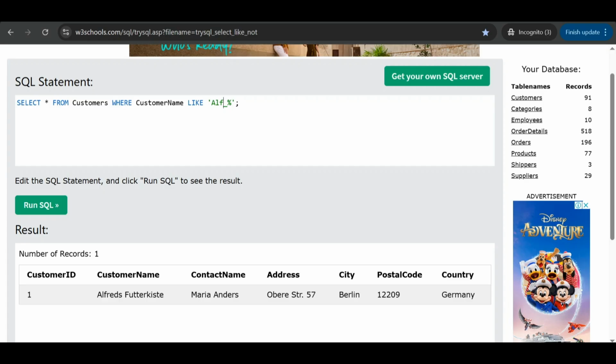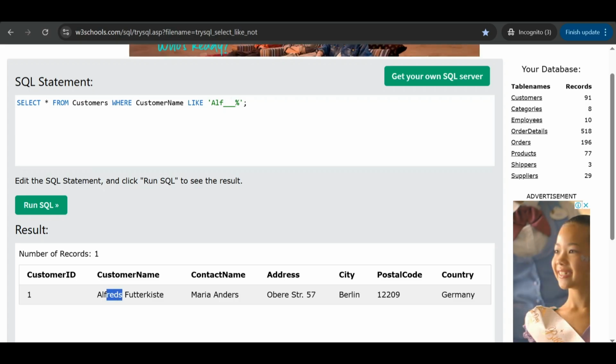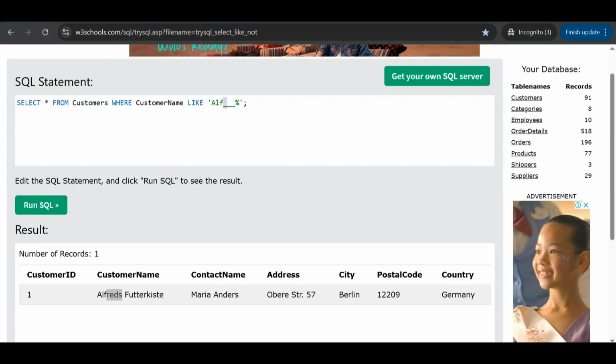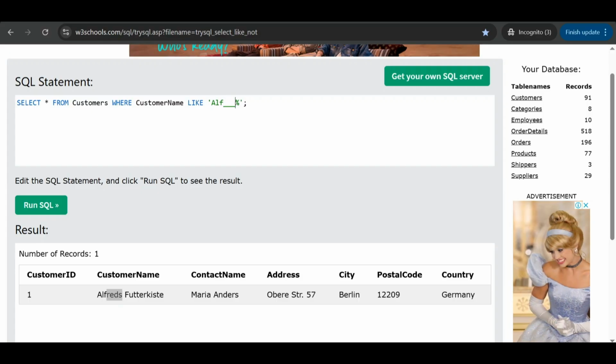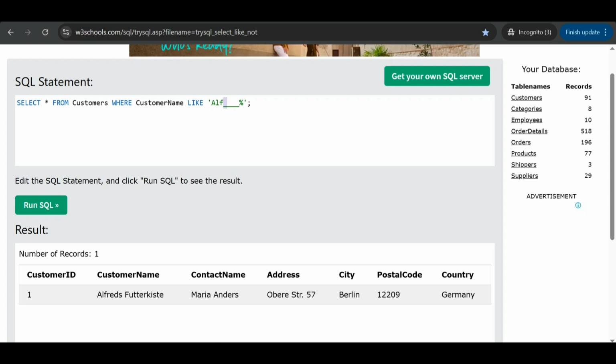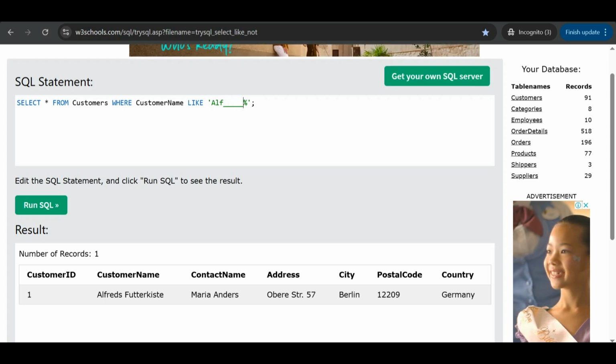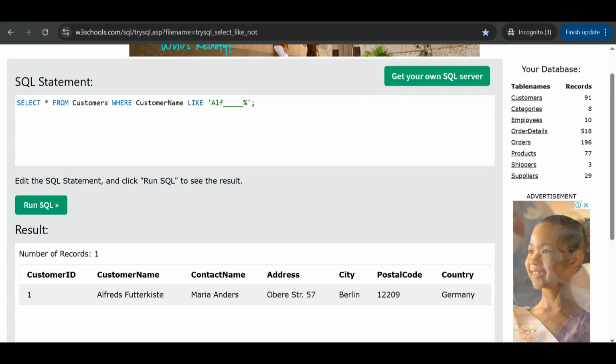Maybe like this. It means the fifth character is a 3. For one underscore, it means one character, one unspecified character. What about 5?